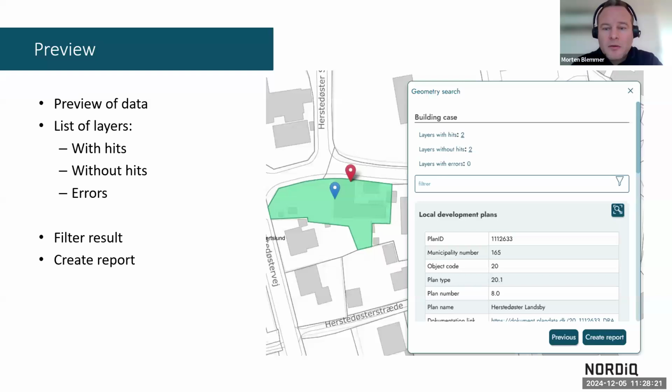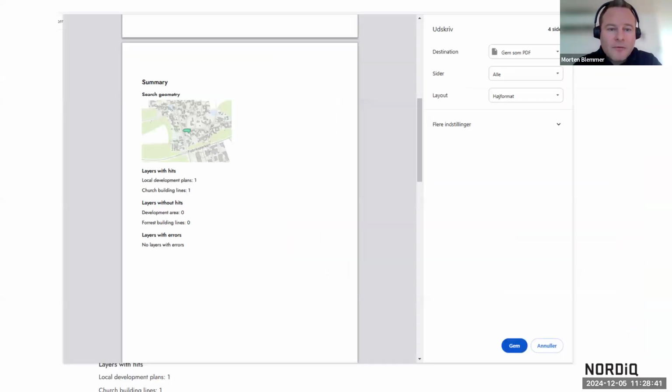Afterwards, you get the preview of the results. Are there any hits? Are there any layers without any hits? And you can filter the result. You can go down and see all the information within the hits. And afterwards, you can create a report, and that's also very important actually because